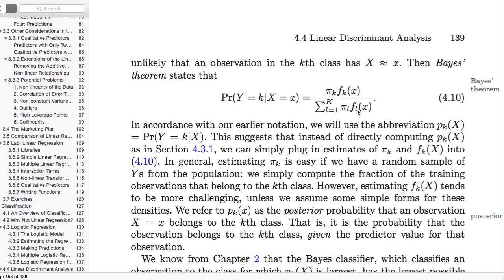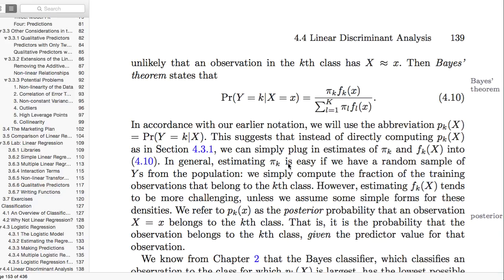And so what we need to do is find these. If we find these numbers, if we can figure out what these 4, or I guess you could say these 3 numbers are. Is that right? No, these 4 numbers. Yeah, we need these 4 numbers. If you can figure out what these 4 numbers are, then you know what the posterior probability is. And in practice, these are pretty easy to estimate. Pi sub k and pi sub l are easy